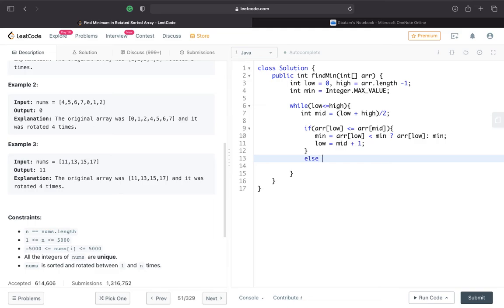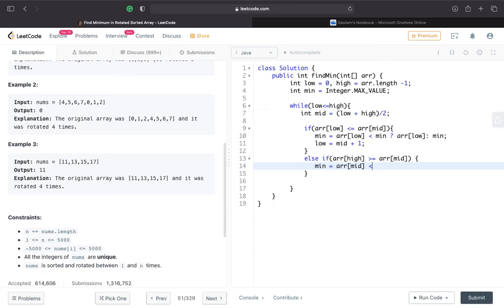Else, we'll be going to the right hand side. Else if ARR of high is greater than equal to ARR of mid, then we know that the right hand part is sorted, and we'll update the minimum accordingly.